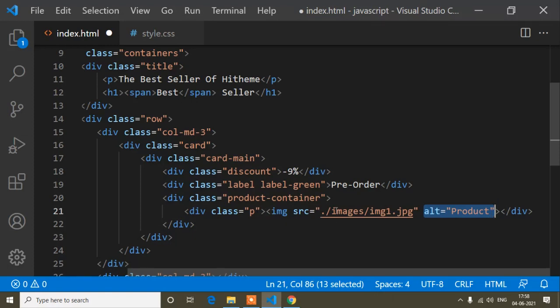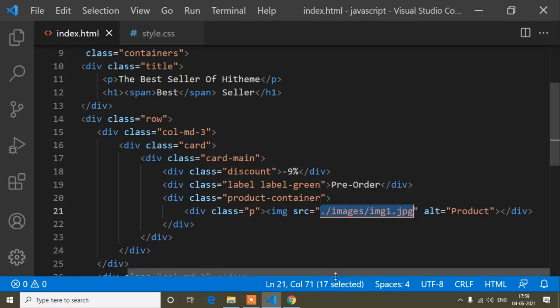Suppose the image path is blank. I have set the image in a static way now, but suppose the image is coming from an API and the image link is missing, or there is no image in the database, so that time the image will appear blank. That time the alt tag will help. If the image comes up blank, you will get whatever content you pass in this alt tag. That helps SEO, and also the programmer, to know the image is blank.